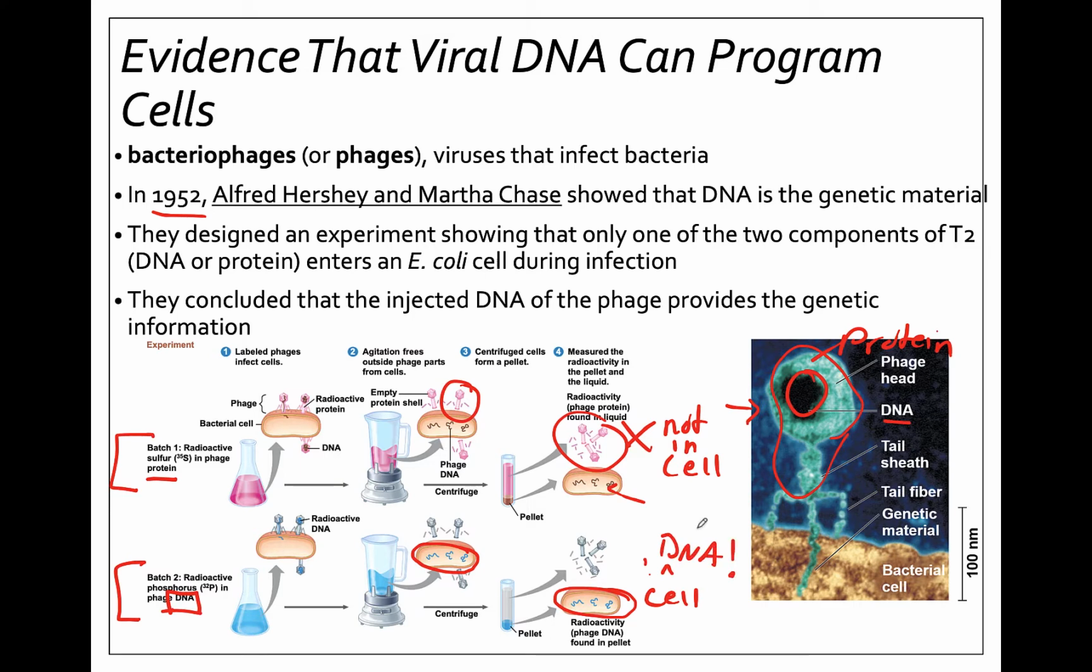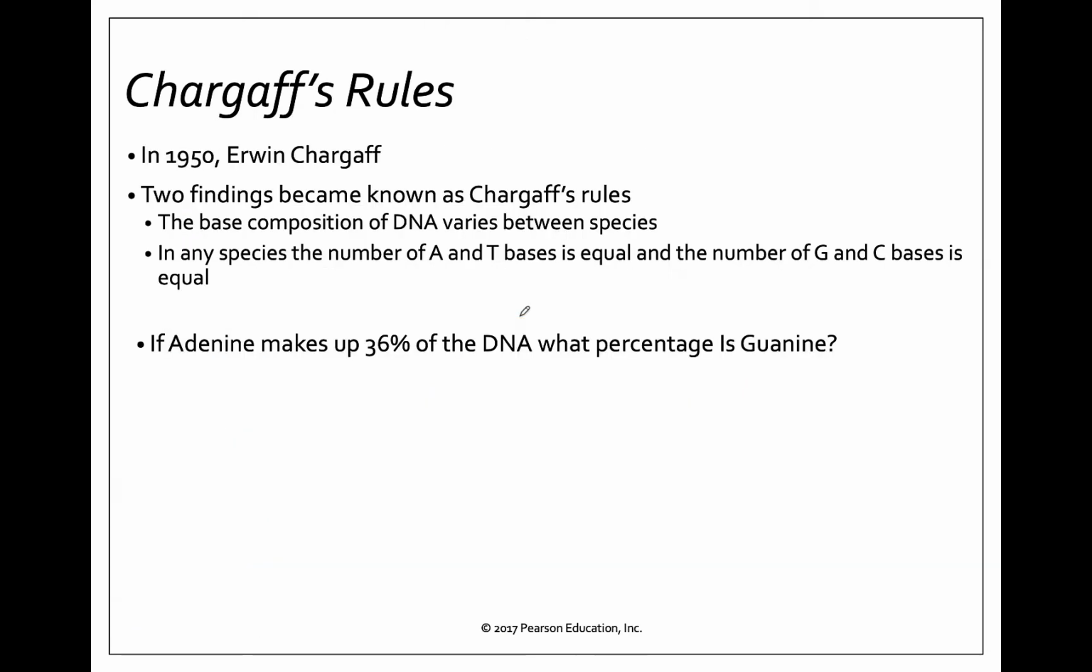So they were able to conclude from this that the injected DNA from the virus encoded the virus's genetic information, and that's how the virus was able to take over these bacteria cells. And so this was the first solid evidence here that the genetic information came from DNA rather than proteins. About the same time, there was another researcher named Erwin Chargaff who was analyzing the DNA of lots of